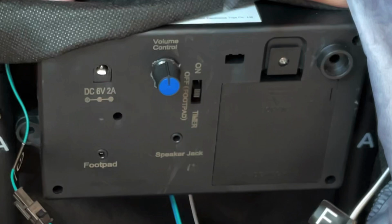This control box also has a volume control knob that can go up and down, as well as a foot pad plug where you can plug in the Trimes and compatible foot pad. It has a speaker jack where you can plug in an external speaker if you prefer to use that instead of the included speaker. And lastly, there is a switch that can be in the on position where she will